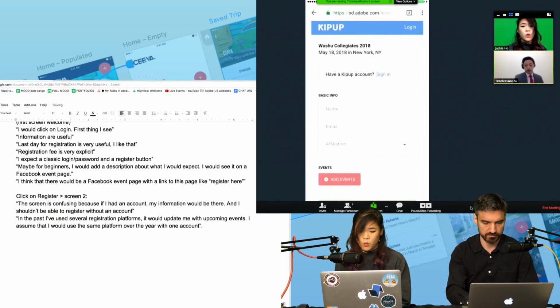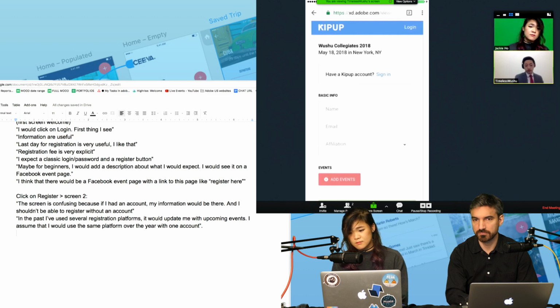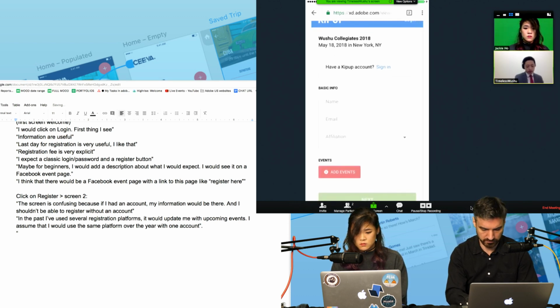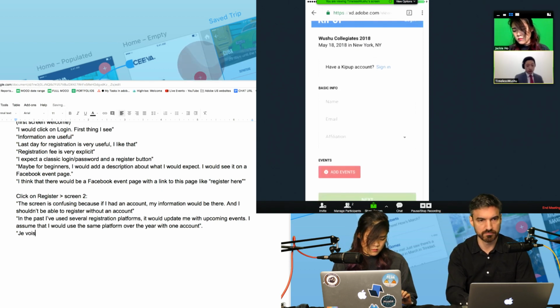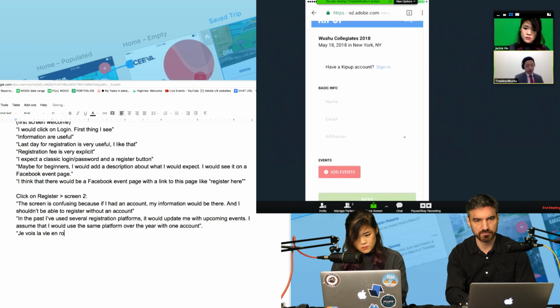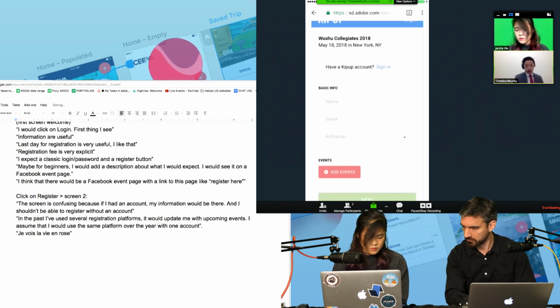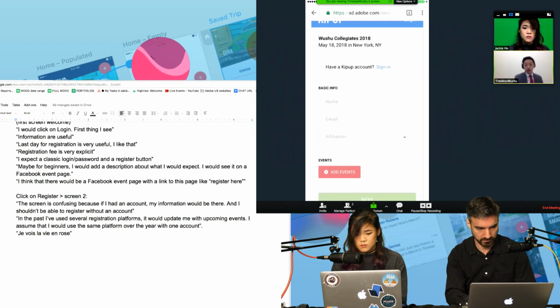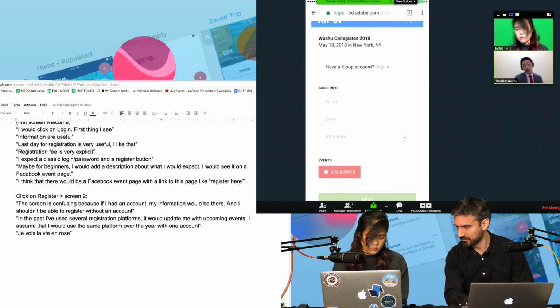What would you expect to see if you clicked sign in? Probably what I see here, but a little expanded, like my basic information, email, affiliation, age, creating a password, address. I don't know if that's relevant, but things like that.